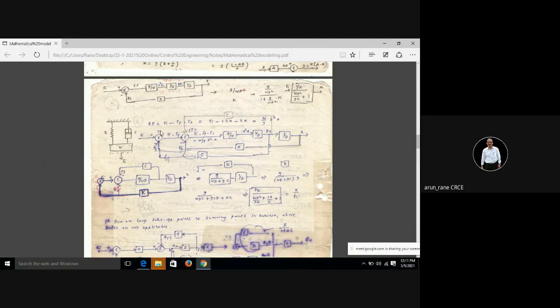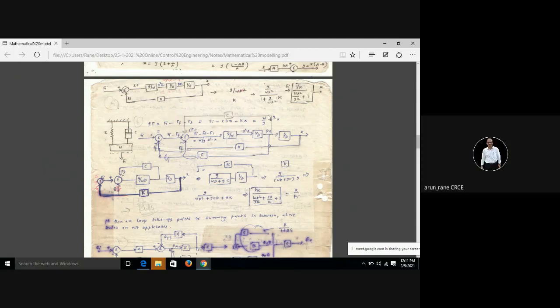So the summation of F, we know by this time, is going to be Fi minus Ff and Fs. What is Ff? Ff is the damping force, that is nothing but C dx. And what is your spring force? That is nothing but Kx. And this gives you the net force, which is going to be equal to W by g into a, that is M into A. M is nothing but mass, that is equal to weight upon g. A is nothing but the second derivative of the displacement. So we are writing it as d square x.